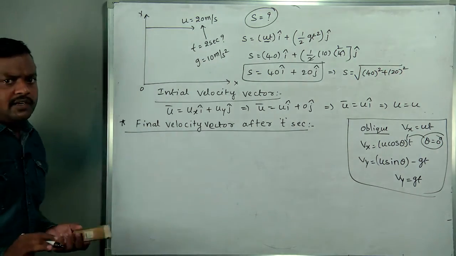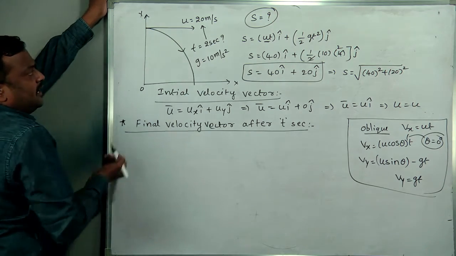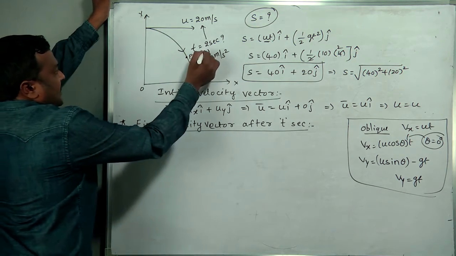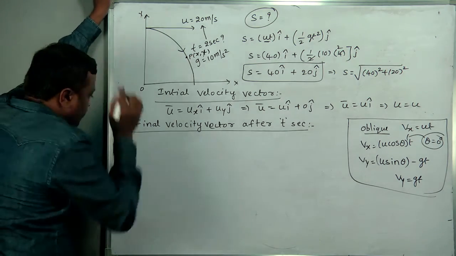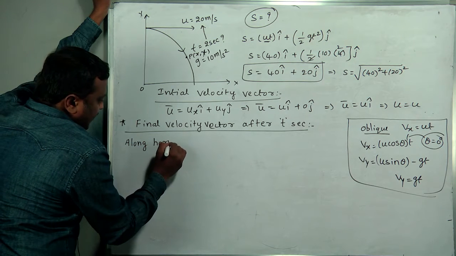Now from the derivation point of view, you see, this is a projectile like this. Its path was started. Suppose after time small t seconds it is at x comma y. So here also, two-dimensional motion related we have to derive. Along horizontal.